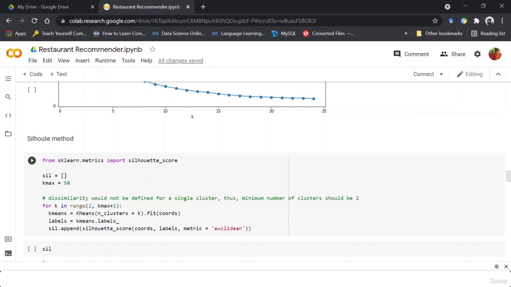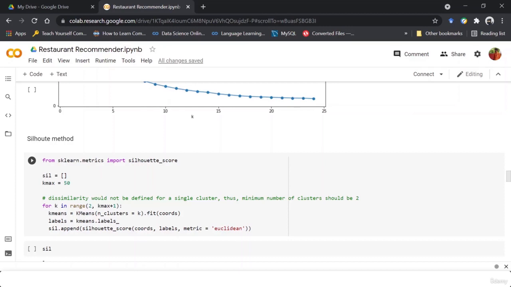Next, we take the average distance of that point with all the points in the closest cluster. Meaning, let's say now that I have taken the averages from cluster 1, and I see that cluster 2 is closest to cluster 1. So I take point 1 from cluster 1, and I take the distance of that point 1 from all the points of cluster 2. Then I take the average value of that.